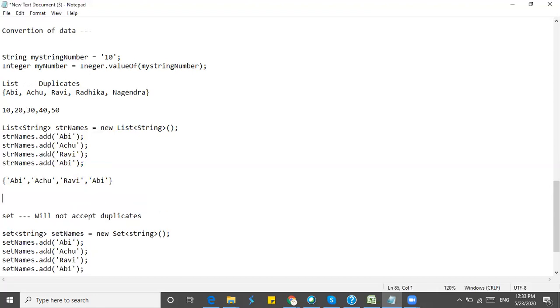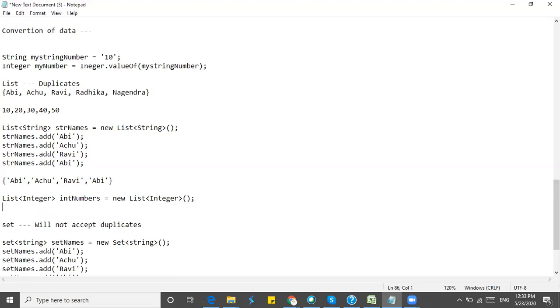Let's say if you want to add integers, the same way we can. Here we are not giving single quotes because it's an integer.